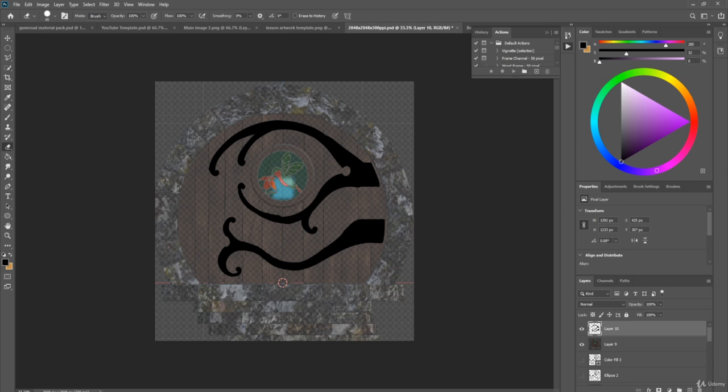And now let's work on this bit going round, like so. And you can see that I probably have to come in and make this line a bit thicker. So I'm just going to fiddle around with it, making it as I want it, and then I'll erase it out. And sometimes it's a bit tedious trying to get it the way you want it, but it's worth taking your time,